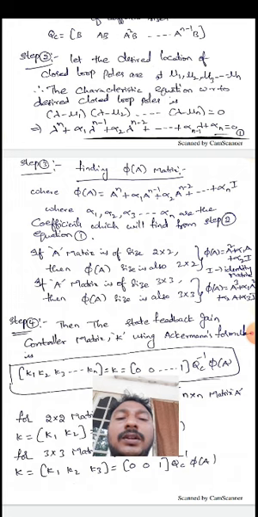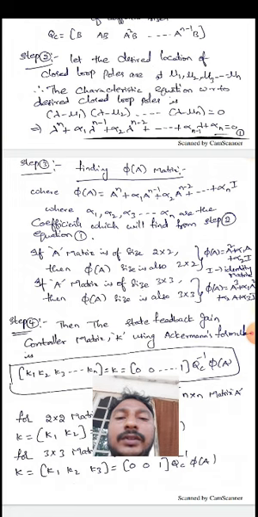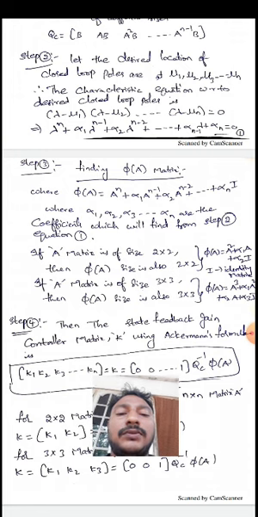In general, our numerical problems consist of only 2 by 2 or 3 by 3 matrices. If it is 2 by 2, then phi of A is equal to A square plus alpha 1 A plus alpha 2 into I. Suppose the matrix is of size 3 by 3, then phi of A is equal to A cube plus alpha 1 A square plus alpha 2 A plus alpha 3 into I. Here alpha 1, alpha 2, alpha 3 and so on, alpha n are the constants or coefficients which we extract from step 2.